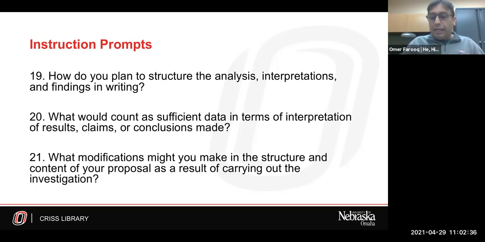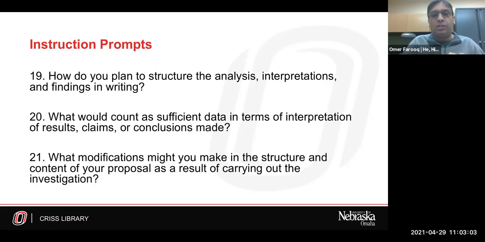Number 20 is what would count as sufficient data in terms of interpretation of results, claims, or conclusions made. So how do you demonstrate the value of your data? How do you justify sufficient data collection or data saturation has been reached? And this is something, if your institution has open thesis or dissertation defense, this question gets asked a lot.